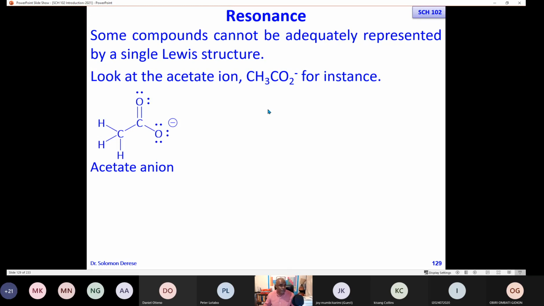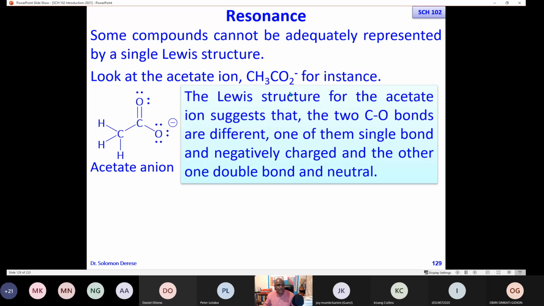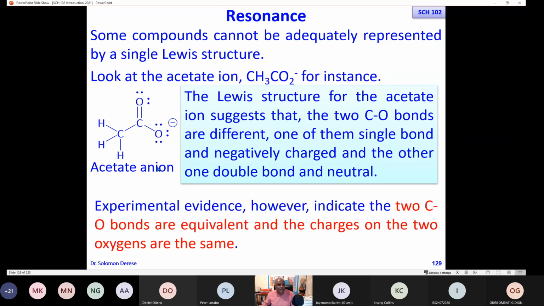When you draw the Lewis structure of this ion, the structure will suggest to us that in this molecule, we have 2 types of carbon-oxygen bonds. One of them being a double bond, the other one being a single bond. The Lewis structure of the acetate ion suggests that the 2 carbon-oxygen bonds are different. One of them being a single bond and negatively charged, the other one being a double bond and neutral. That's what this structure is suggesting to us. But experimental evidence,